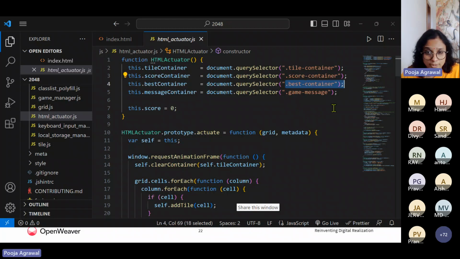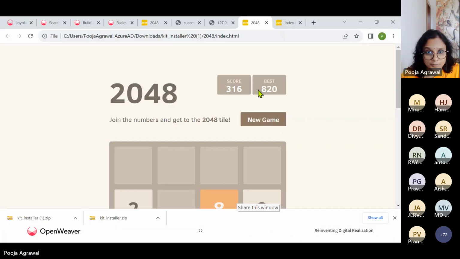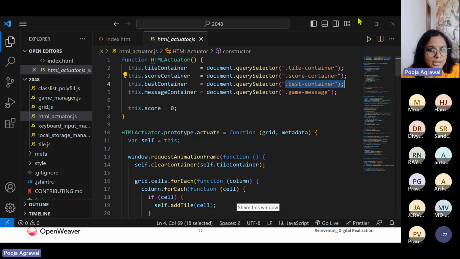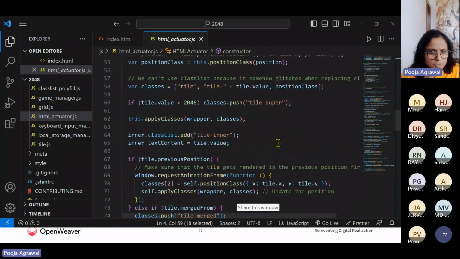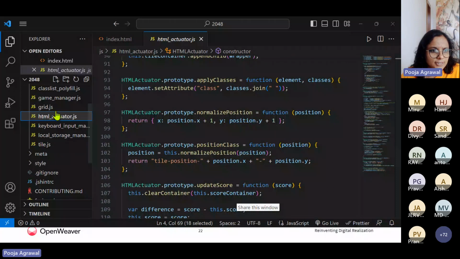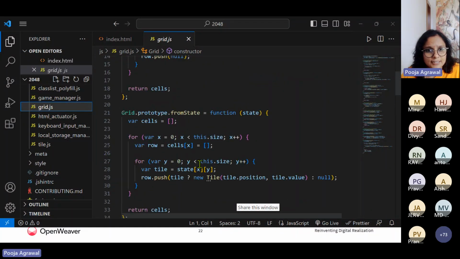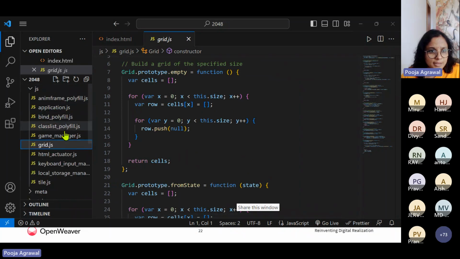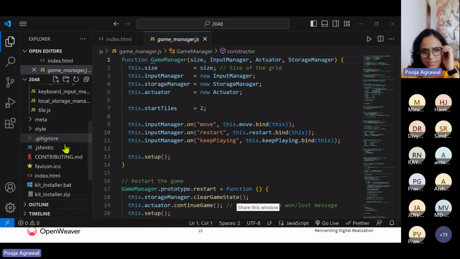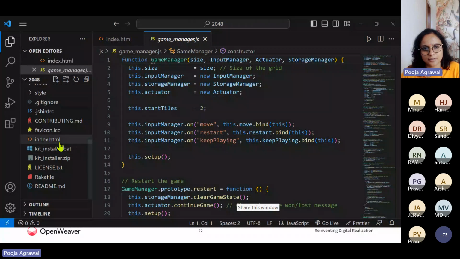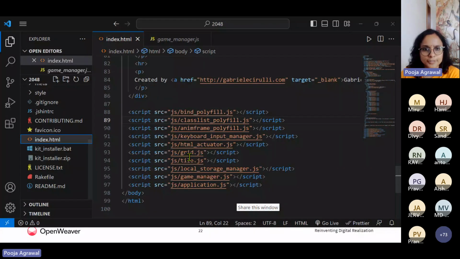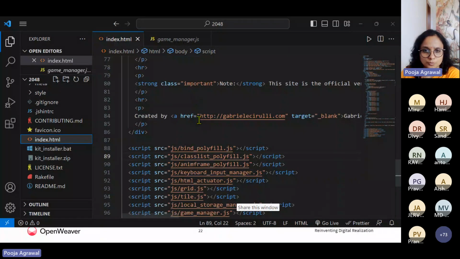Your best score is also mentioned here based on the local machine on which you are playing the game, and the game message, etc. So all that is being mentioned in this file. The entire grid is here, the game manager. So these many JS files are directly being utilized here. So I guess this is your 2048 game.